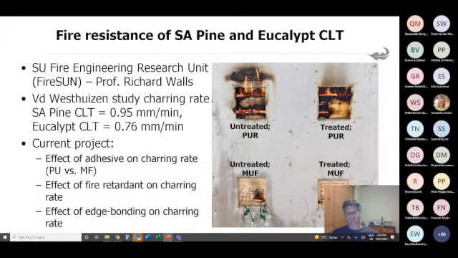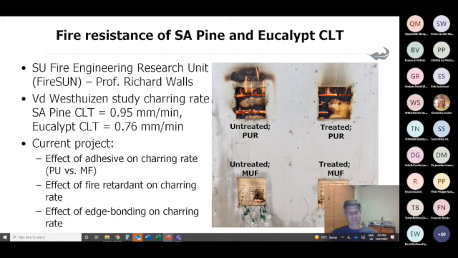Mass timber generally has very predictable fire behavior, so it's easy to design buildings for fire when using mass timber. But there's always a perception that wood is a problem with fire. We've been doing a couple of projects in cooperation with the Fire Engineering Research Unit at Civil Engineering, Prof. Richard Walls' unit. On fire, there was, for instance, a couple of years ago, I think Fanie van der Westhuizen was involved with a